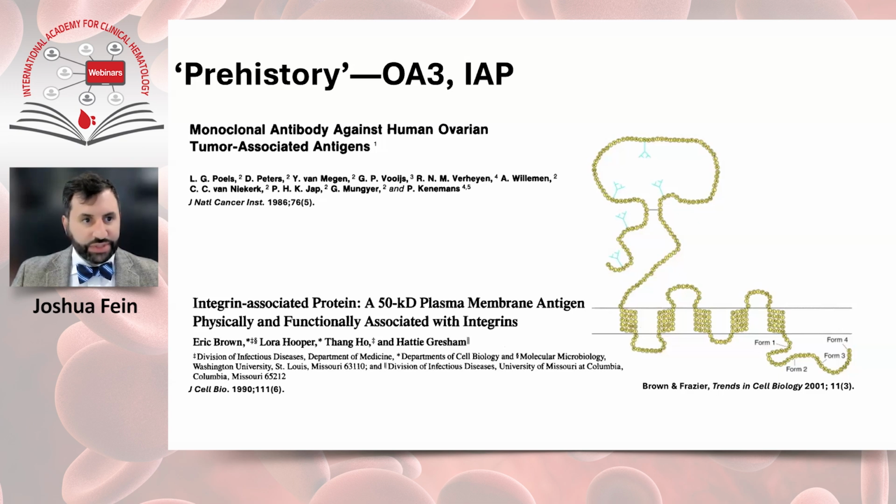Then several years later, there was another group led by Eric Brown at WashU St. Louis. In 1990, they discovered the protein integrin-associated protein, IAP, and the reason they named it IAP was because of an association: it would bind integrin alpha V beta 3. What's important to note here is that, around that same time, it was also discovered to be an antigen on red blood cells, which of course we're going to come back to a little bit. In 1994, these were all found to be the same.